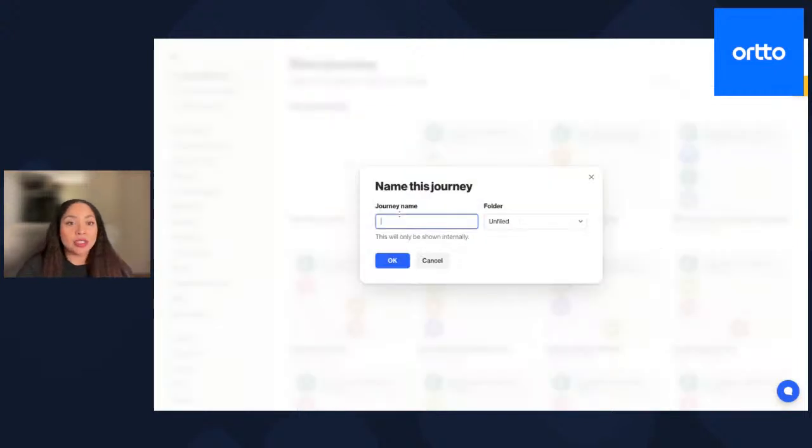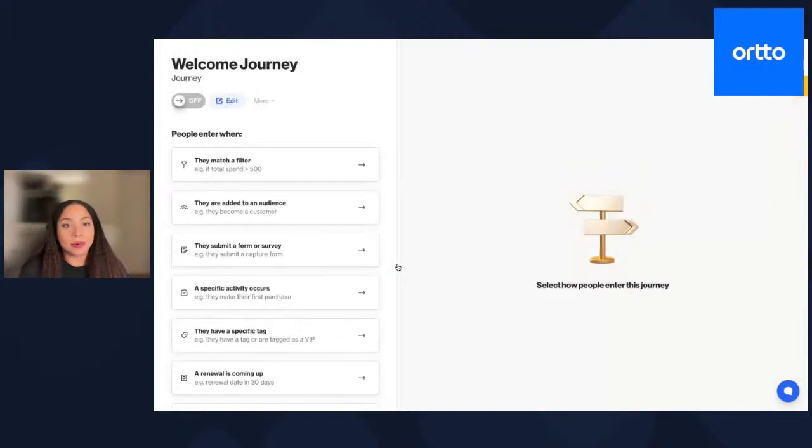So we're going to give our journey a name. We said that this was going to be a welcome journey for our customers, so I'll just call this one Welcome Journey. Maybe capitalize it to make it a little bit neater. Perfect. So we're going to create the name, and as we come into the journey builder, you'll find that it's